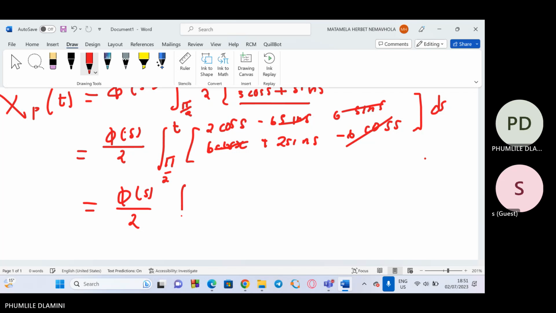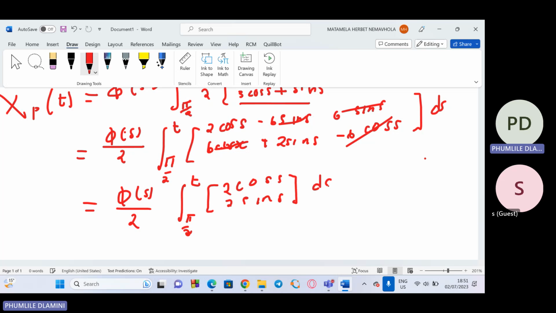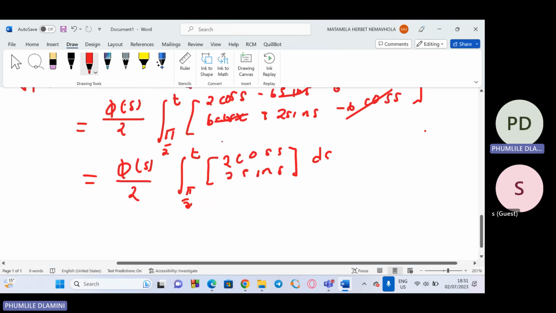over 2 integral of pi over 2 to t. Then we are going to be remaining with 2 cos s, and we're also going to remain with 2 sine of s ds. So you can see in this one that we have 2 in common. If I take out 2, then I can rewrite this as q